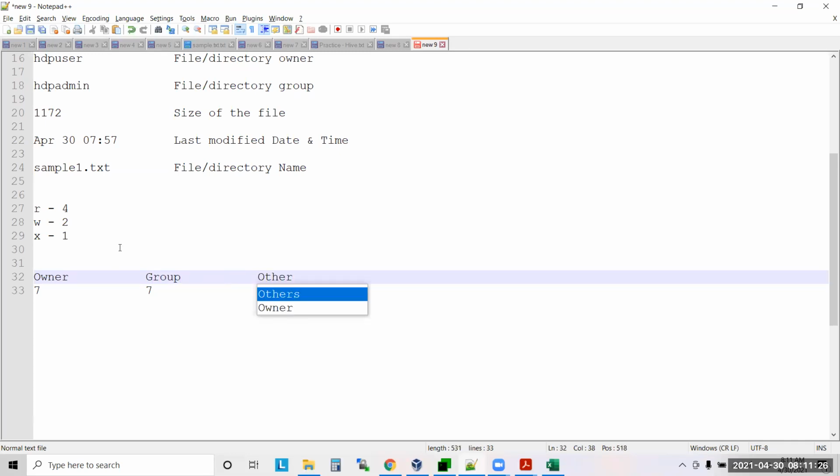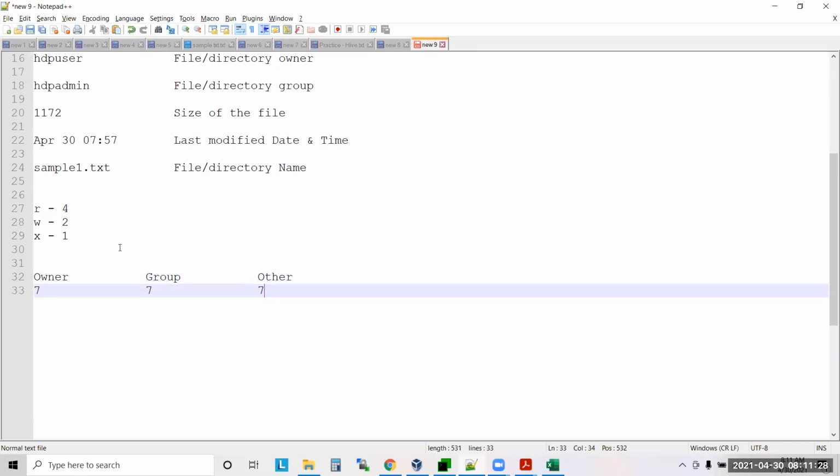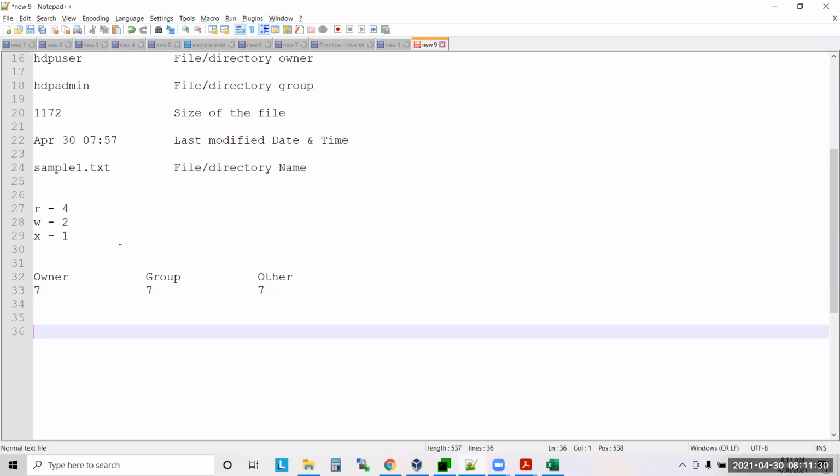Now if I say, for my file give 711 permission, what does it mean? Owner will have all permissions.